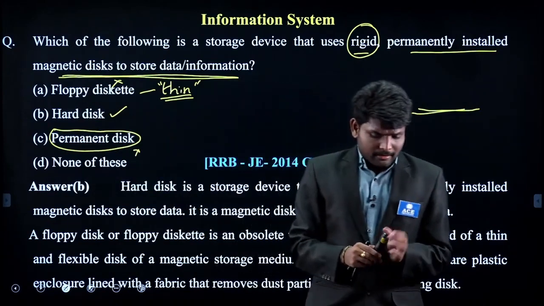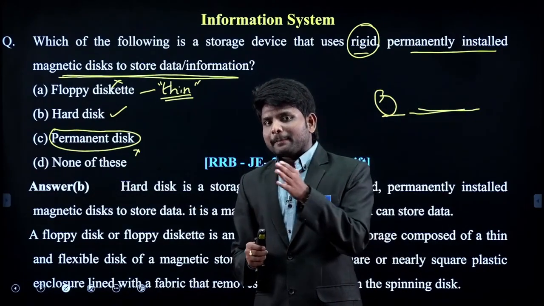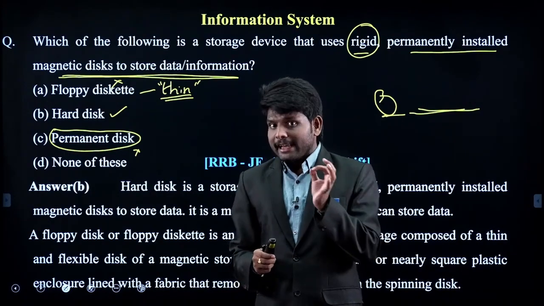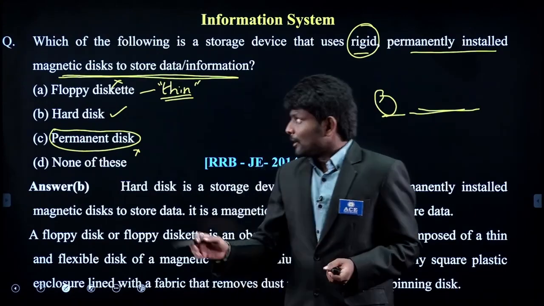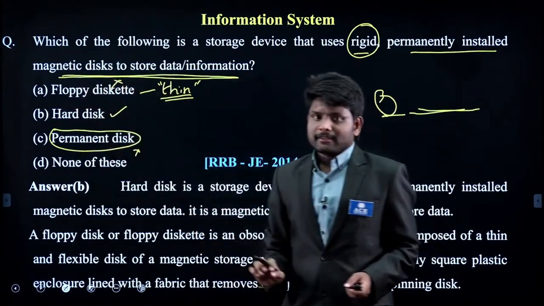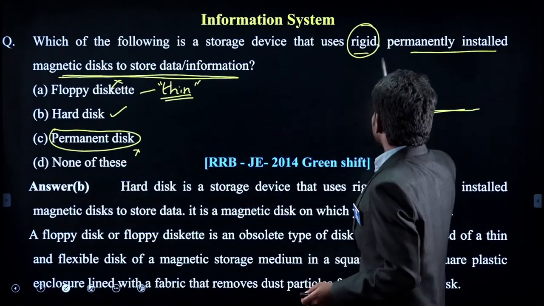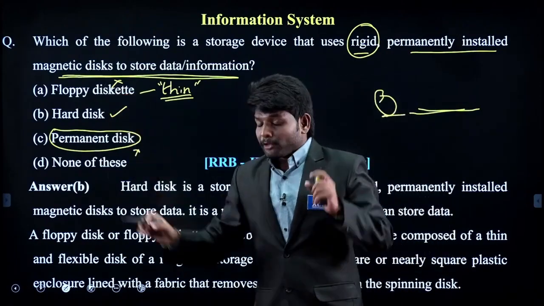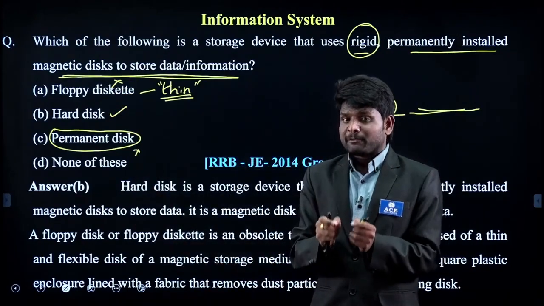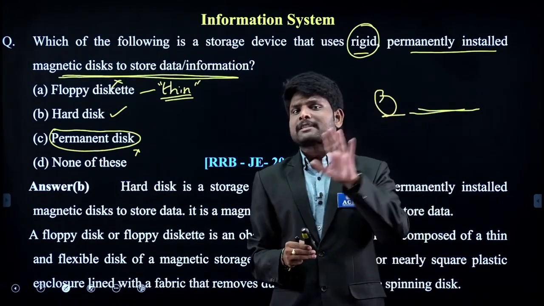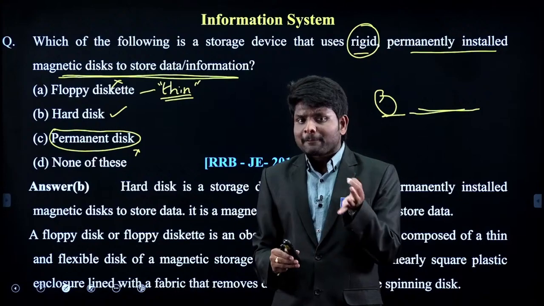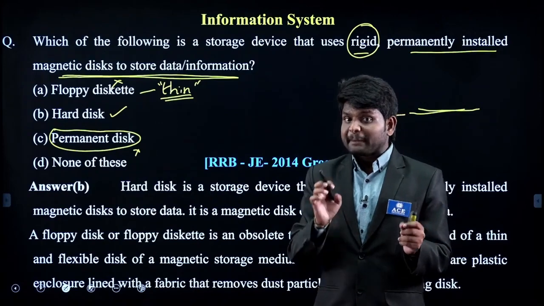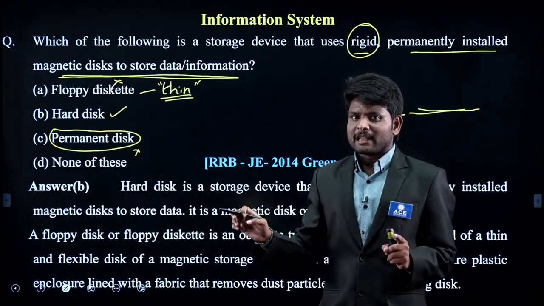Okay? And let me tell you something. If you observe the pattern in the RRB JE previous year questions, in very rare cases do they repeat the question. Next time, they will ask a question about floppy disk. In the definition place, instead of giving rigid or something, they will give thin or something. So, you need to understand, while solving previous year questions of RRB, this technique is specific to RRB JE. Other exams may follow some other pattern, like repeating the same question. But what I observed in the RRB JE previous year questions is that they are not repeating the same question, but they are repeating questions from the same topic. Hope my point is clear for you. I'm repeating this again.